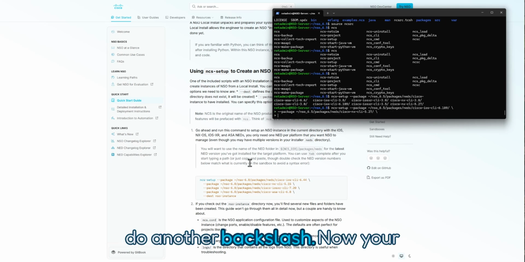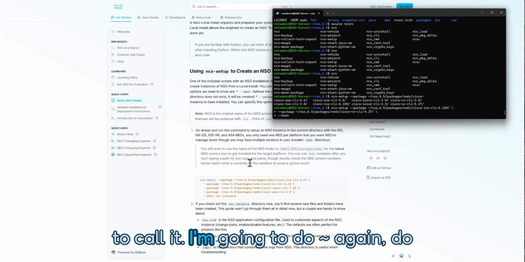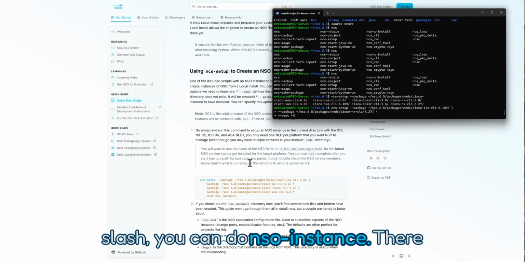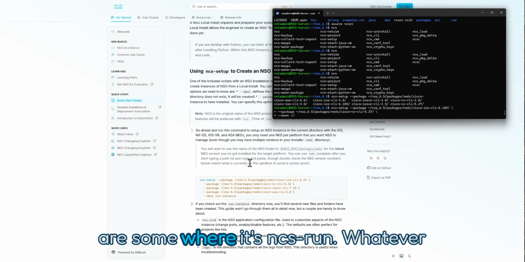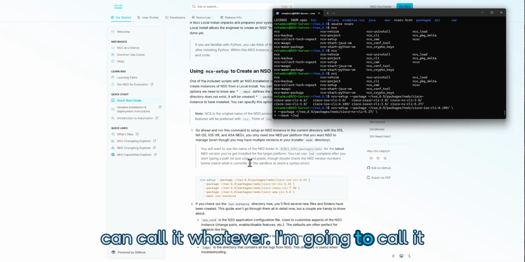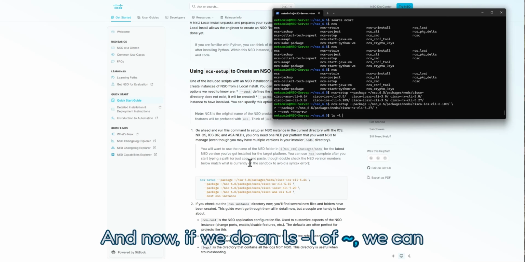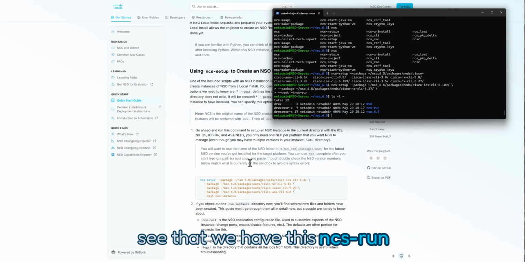Do another backslash. Now your destination can be whatever you want to call it. I'm going to do tilde again, slash. You can do nso-instance. There are some where it's ncs-run. Whatever you want to name this instance, you can call it whatever. I'm going to call it ncs-run. Hit enter. And now if we do an ls -l of tilde, we can see that we have this ncs-run